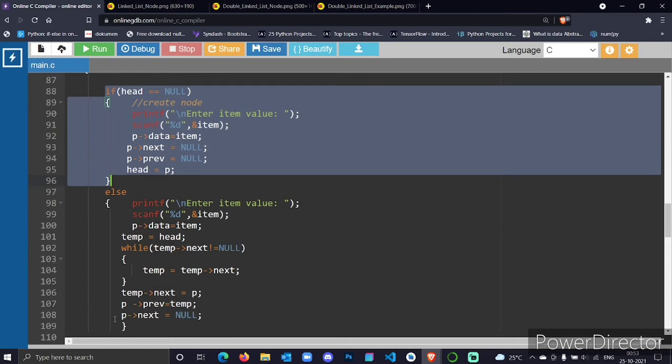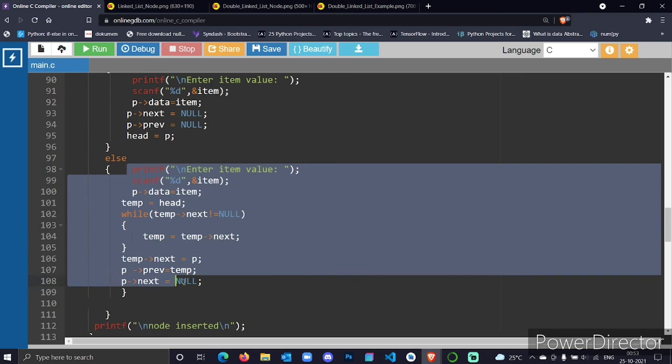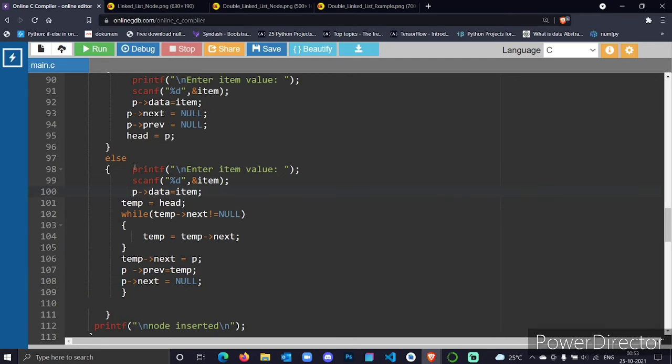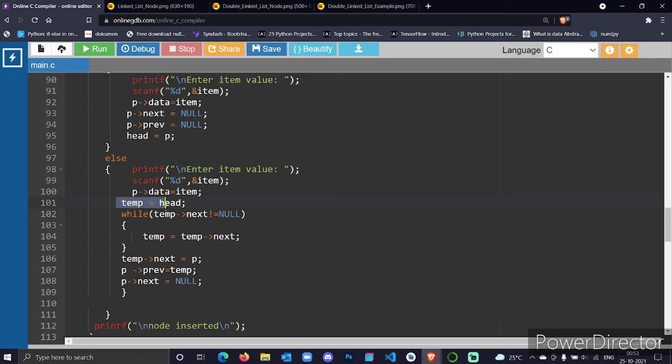This part executes the same as I explained in the insert beginning function. This part plays a major role in inserting an element at the last. You have to understand the concept that when you insert an element at the last, the flow moves to the last node of the linked list. So I'm getting the data from the user and storing it in p of data, and I'm storing the head in the temporary variable temp,